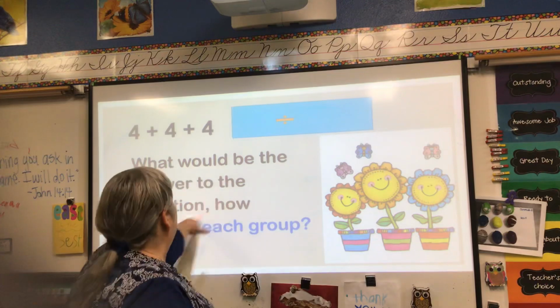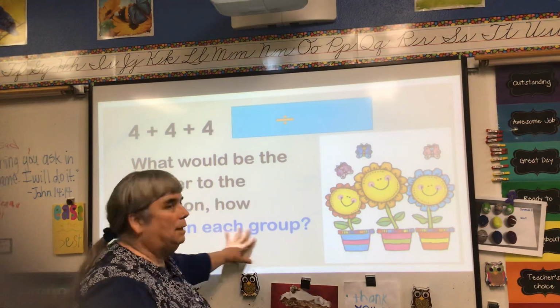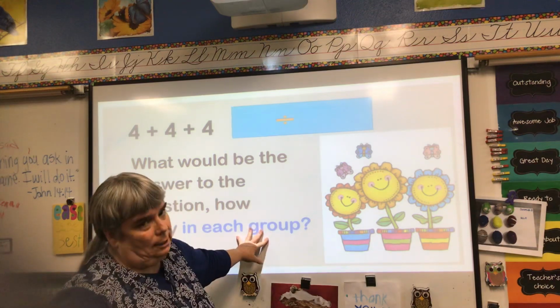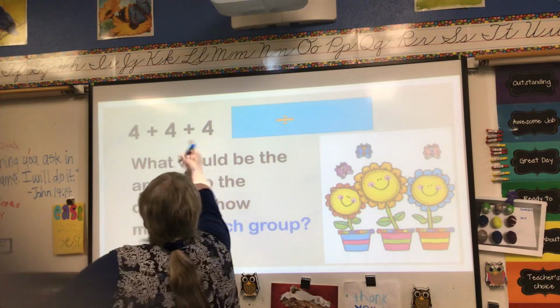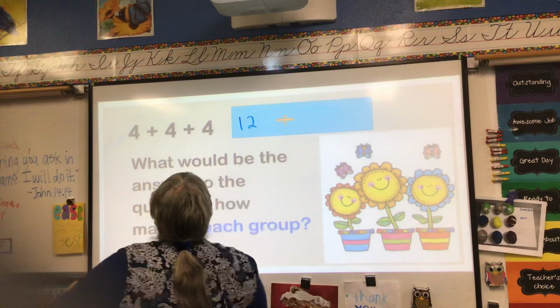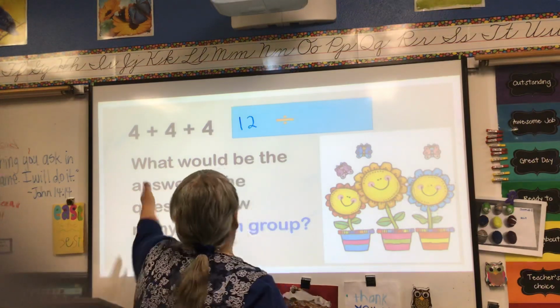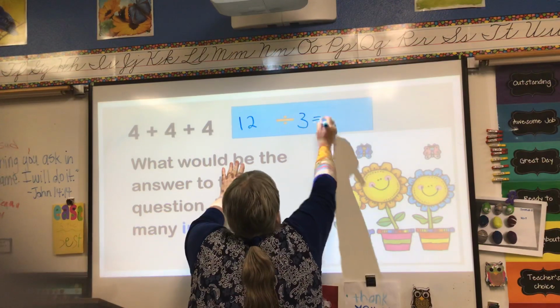What would be the answer to the question, how many in each group? Once again, what are they asking? How many in each group? So notice that there are 3 groups of 4, and I know 3 groups of 4 is 12. So I'm going to say 12 divided by 3 equals